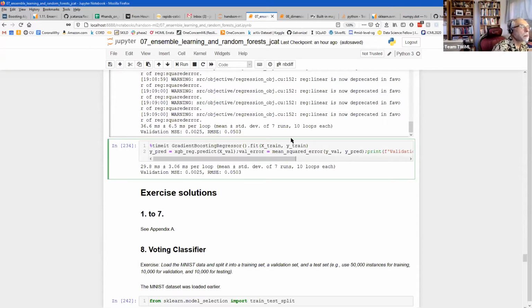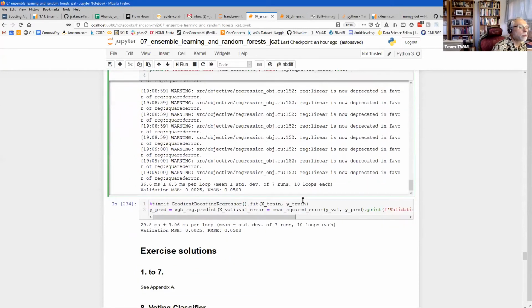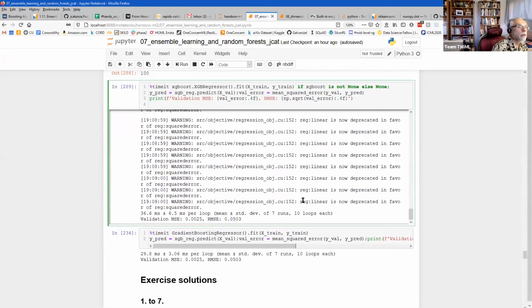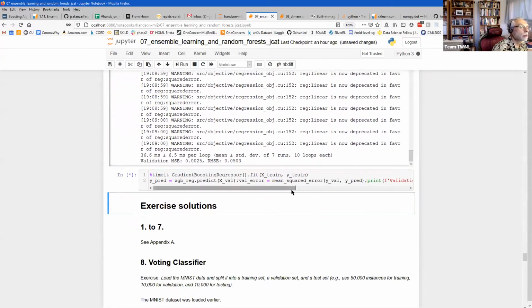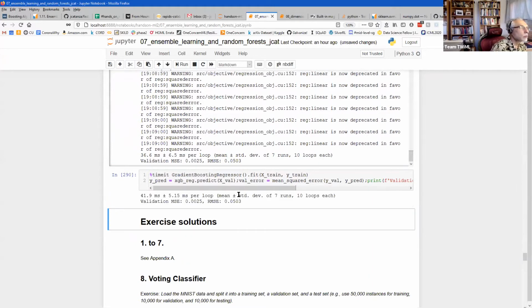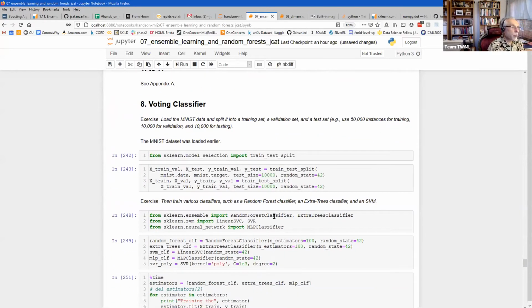I'm not sure what. Okay, XGB regressor, fit.train. I'm not sure. This looks like the same thing. Oh, now it's 41. Anyway, it's just the same. This is a timing exercise. All right, so that takes care of